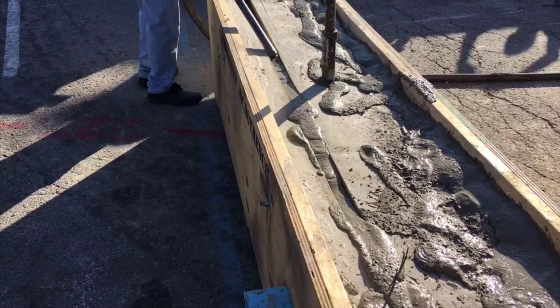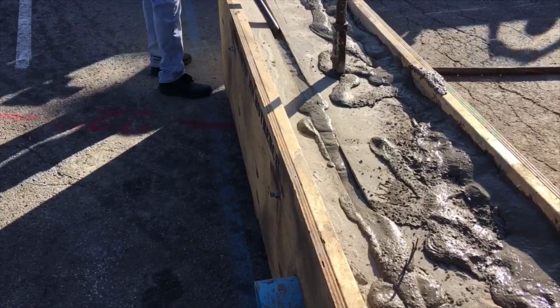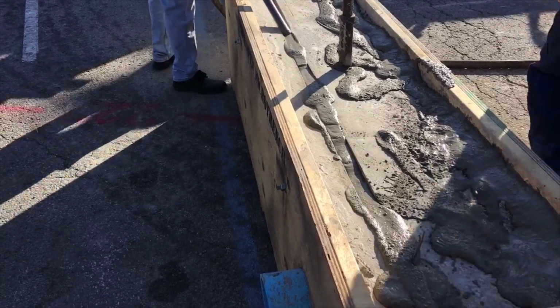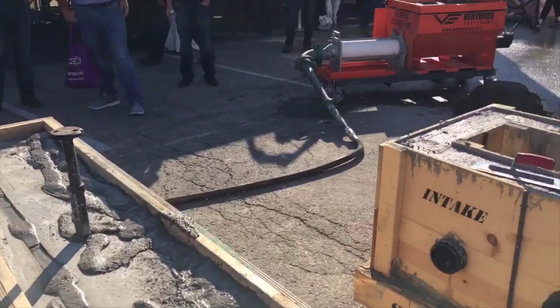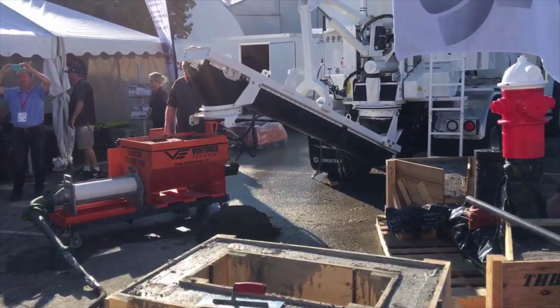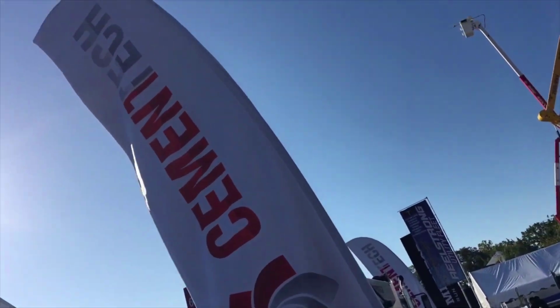So a micro trench, very small trench, inch and a half wide, maybe 4 inches deep. Very small reinstatement that we've got going on here with a volumetric concrete mixer. If you look at the setup of the pump, you can actually see there's not a separate engine that's running this pump. This is all based off the hydraulics coming